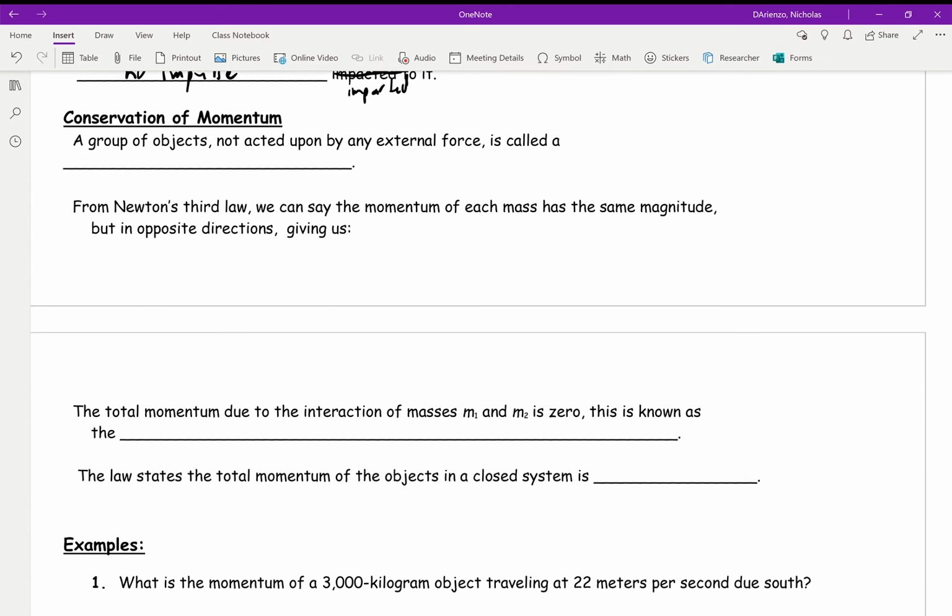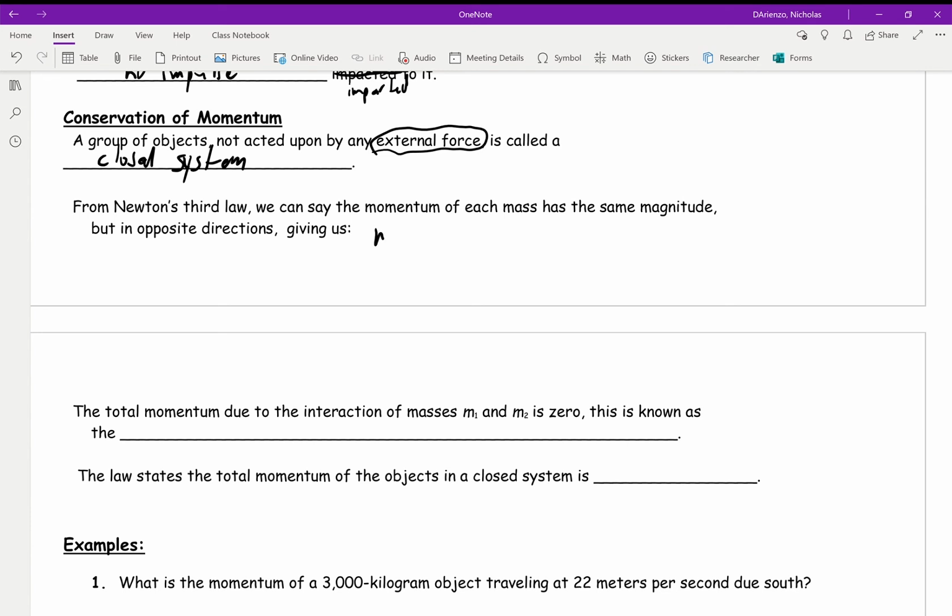Conservation of momentum we started talking about today in class. For any group of objects not acted upon by any external force, this is what we would call a closed system, meaning nothing gets in, nothing gets out. So they can't be acted upon by any external force outside of that scenario, usually in an ideal situation. Now, from Newton's third law, the momentum of each mass has the same magnitude but is in opposite directions. So, if we rearrange this here,